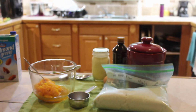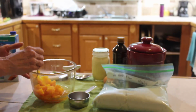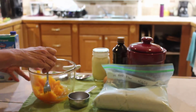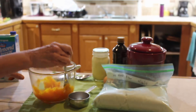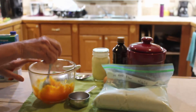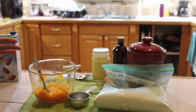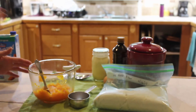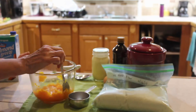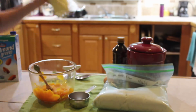Here we have our Cherokee Tan Pumpkin, and so I'm just going to mash it a little bit, just like I would if I did sweet potatoes. So we're just going to mash it up, and this was just one pumpkin, and I'm only going to make a small amount. If I were doing sweet potatoes, it would be a bigger bowl, twice if not 3 times the amount of this. What we're going to add next,